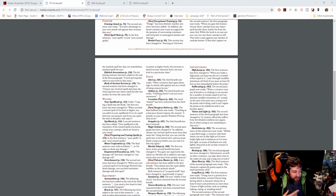So they changed Dungeon Delver, right? Which used to say, the final bullet, you can search for traps while traveling at a normal pace instead of only at a slow pace. What it now reads is, traveling at a fast pace doesn't impose the normal -5 penalty on your passive Perception score, which is big. And the other big one is Polearm Master, which had said,